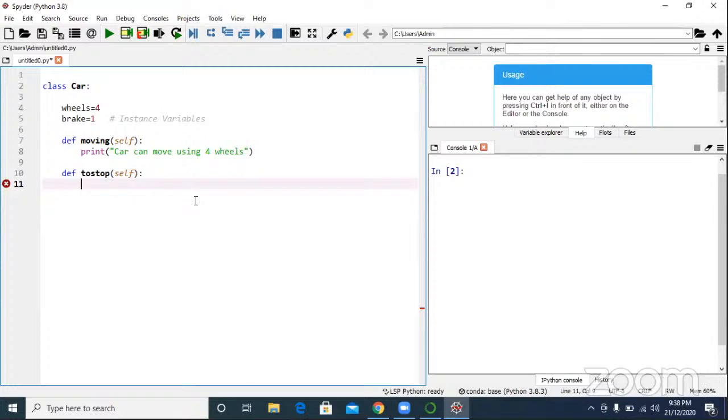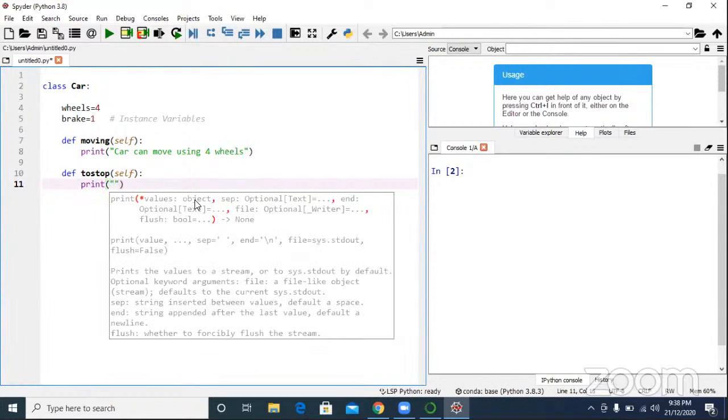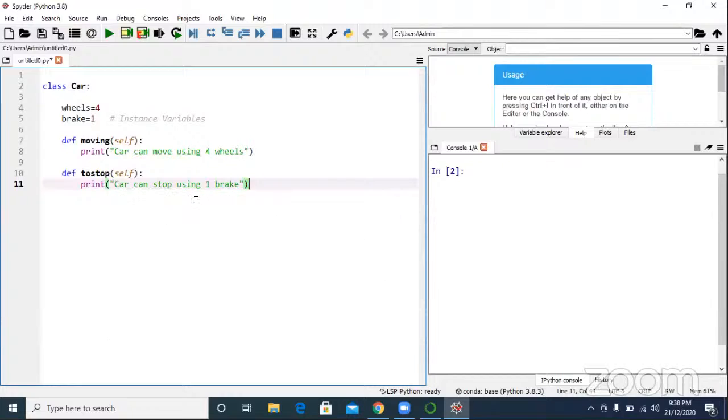We will talk about later. What do you mean by to stop? To stop is another method. Yes, sir, I can write any methods, any number of methods. Why not? What I can say, car can stop using one brake. Everyone knows also.